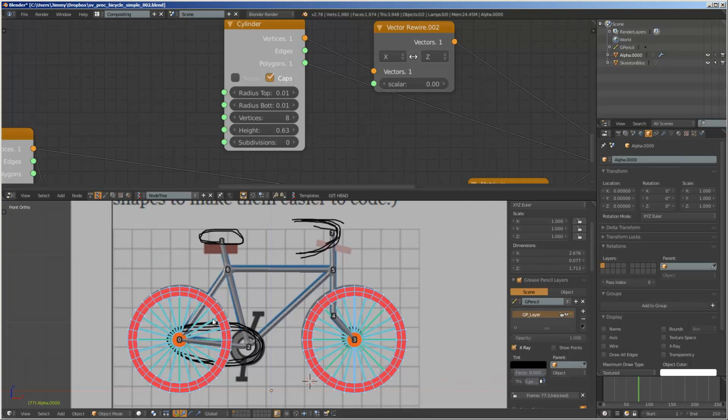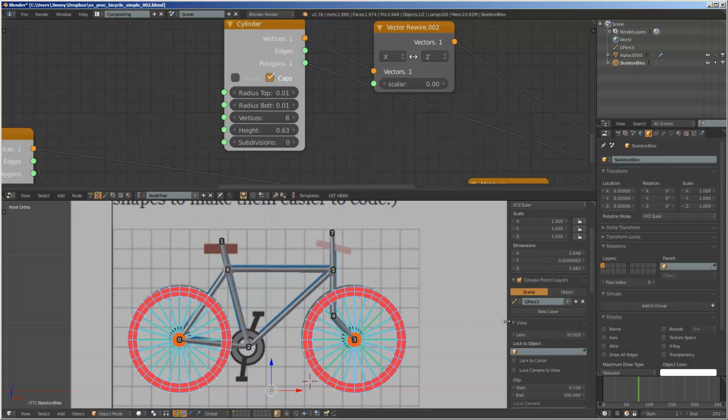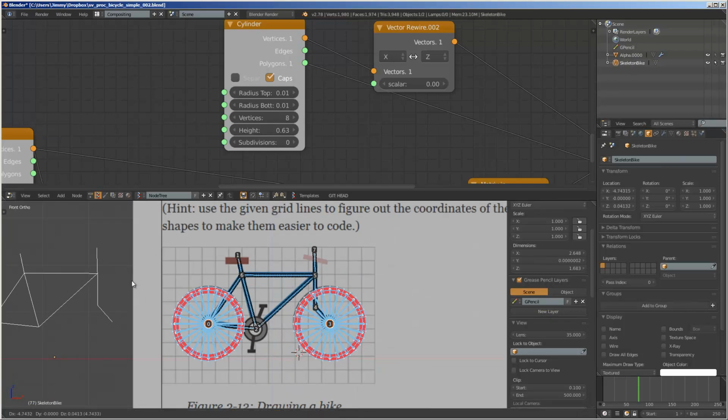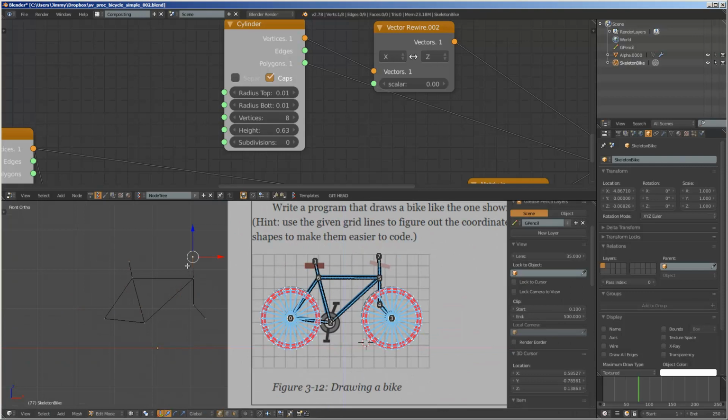The mechanical part, the wheels, and once you have every part, you can combine it together into the skeleton. So if we go back to our skeleton bike, we can simply move any part, and this guy should in